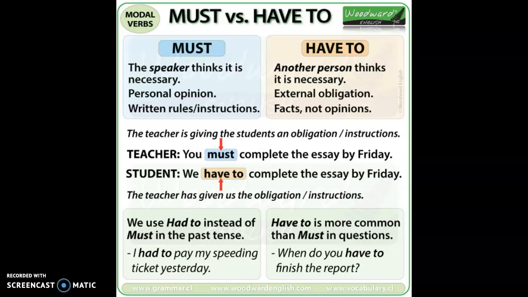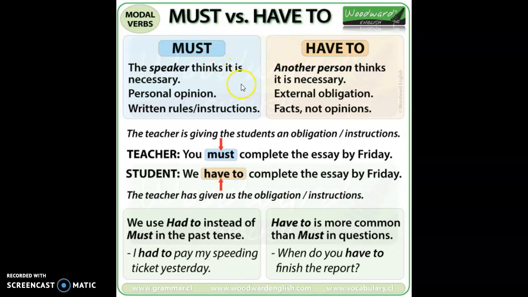This week in Moodle, you'll continue practicing modal verbs. This time you will focus on two of them, must and have to. Well, sometimes you can use the two of them with no difference at all, but they have differences, very slight